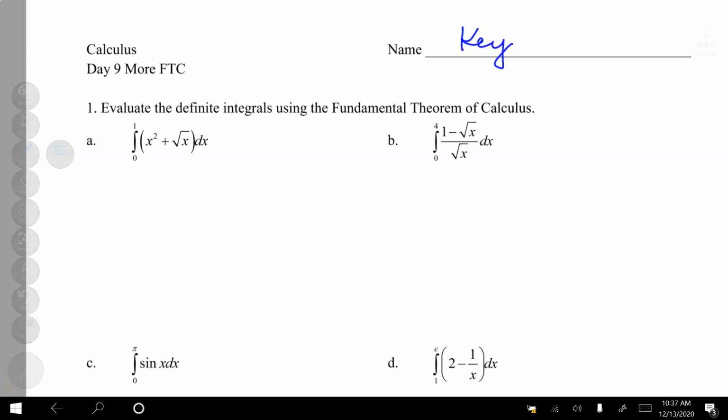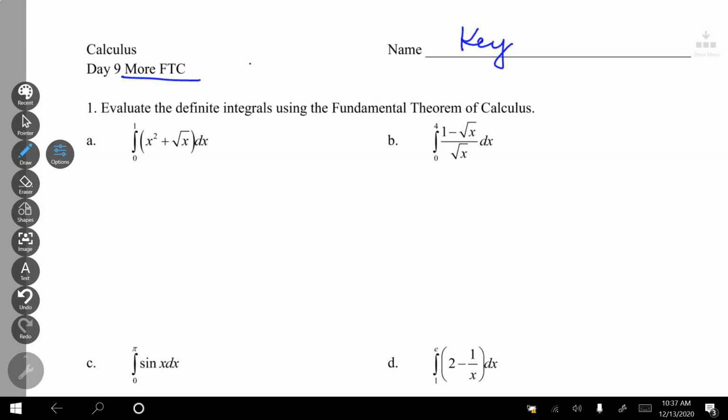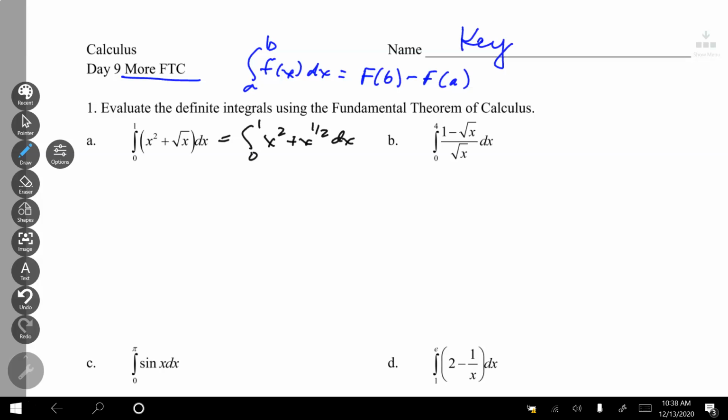Okay, today we're going to do more fundamental theorem of calculus, where we take antiderivatives and we plug in the upper and lower values of our limits to figure out our total value. So this first one, I maybe should rewrite it as x squared plus x to the 1/2 dx, and I get 1/3 x cubed plus x to the 3/2, and the reciprocal of that is 2/3, and I'm evaluating from 0 to 1,